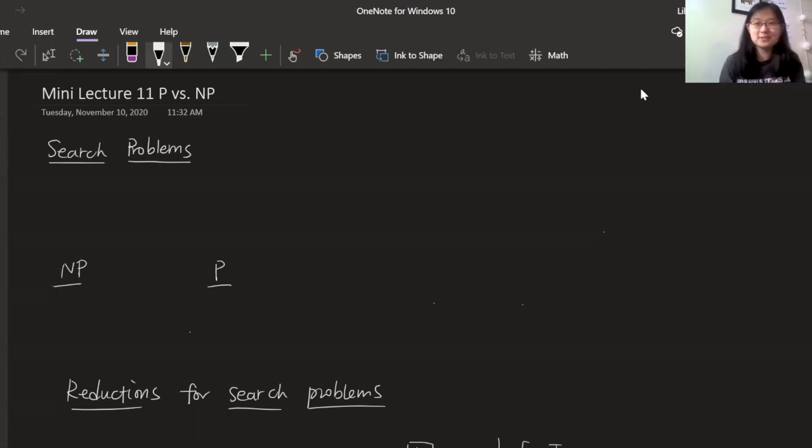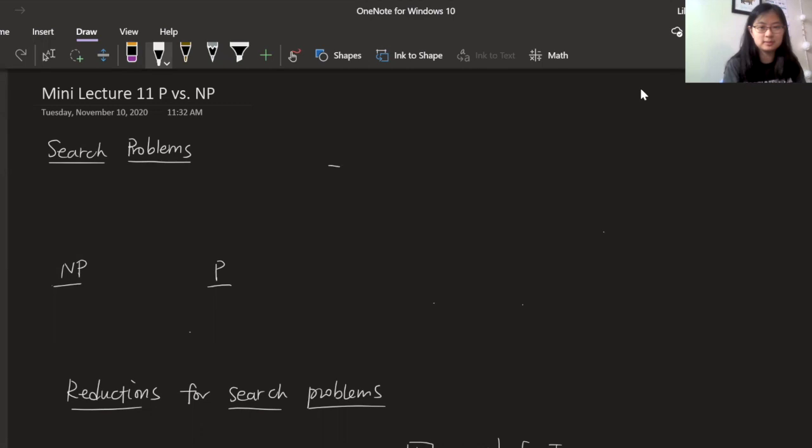If you remember last week, we talked about reductions, which is essentially saying when one problem can be reduced to another problem and can be solved using the mechanisms of that problem. And afterwards, Neil defined search problems. So if you remember, search problems are this class of problems that deal with searches, I guess. This is not a very good definition, but the defining property, the characteristic that you should remember is